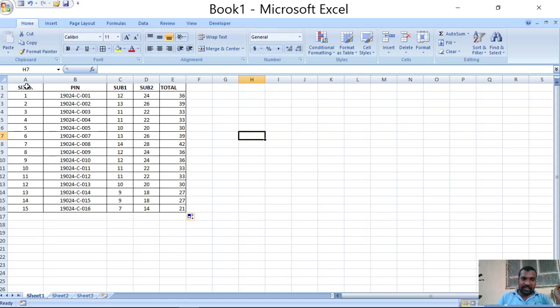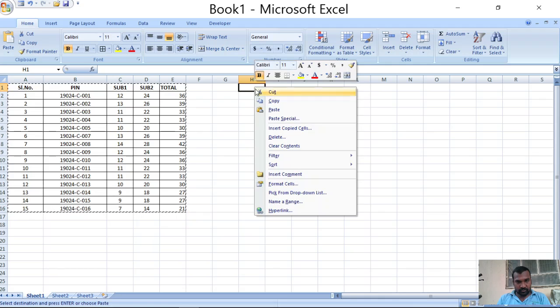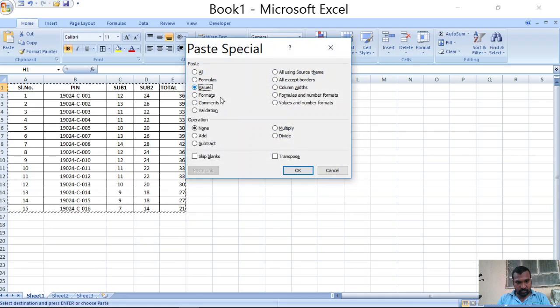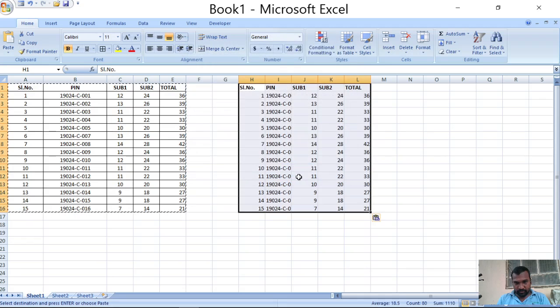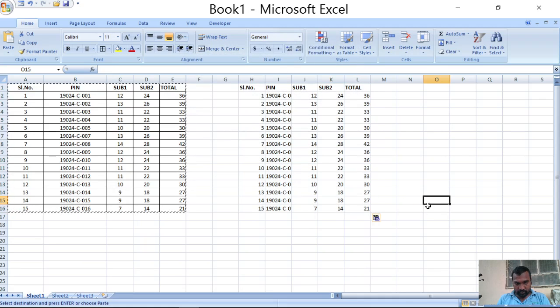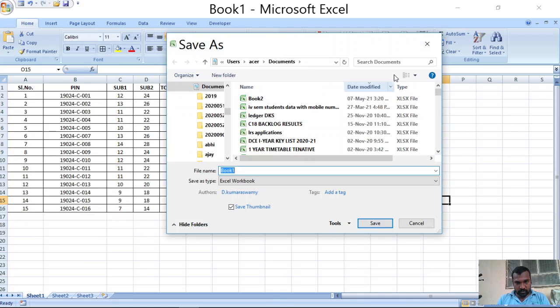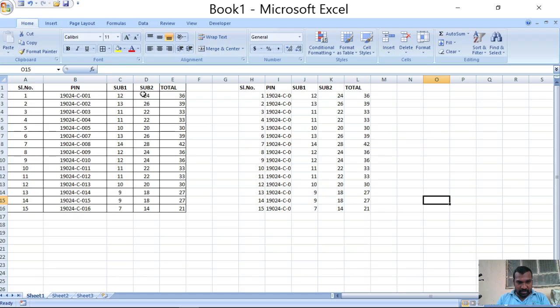Okay. For example, here I am copying this one and choosing paste special values. Here I am changing 24 to 13.